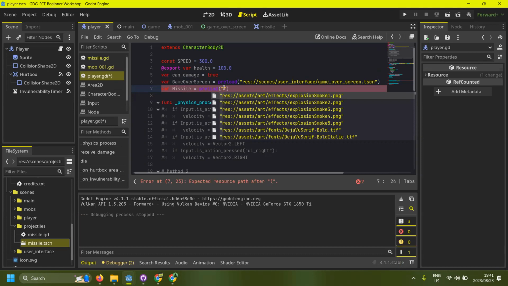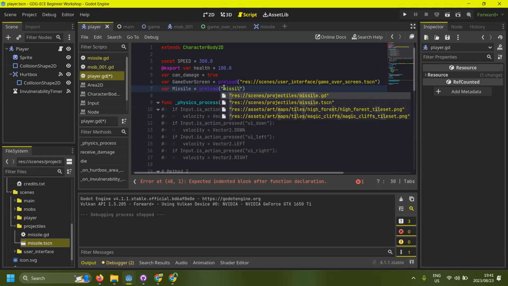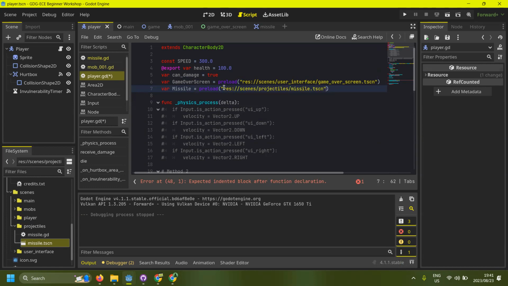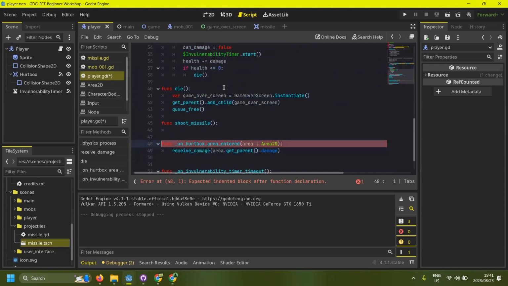Now we are presented with every single possible file in the game project. What we want to search for is the missile scene that we created. The missile GD, missile.tscn. tscn is a scene, so you press tscn. So now we have the missile class. The class doesn't do anything, it's just a template. We haven't instantiated it. So to do that,